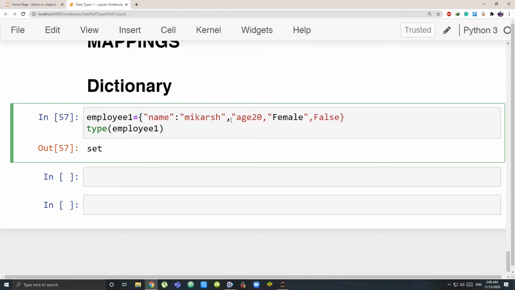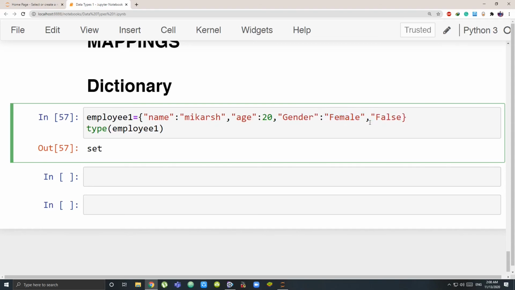Like that I can store everything. I can have age. And remember, this is my key. Name is my key, which is given to Mikash. Between that I have to put these double dots that you call a colon. Then the next one, then a comma. The next element is age. Now the keys also have to be data types in Python. So the key is age. So what is age? Age is a string. Then female. What is female? Female is a gender. Gender is associated with female. So the key gender is having the value female.